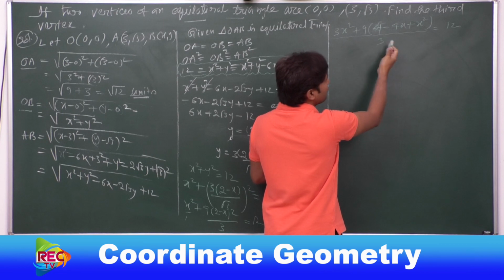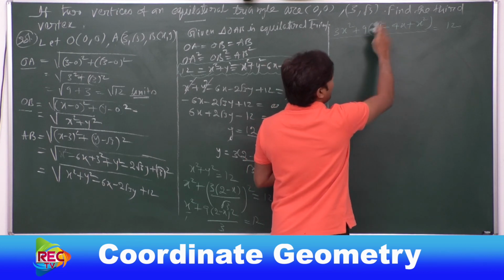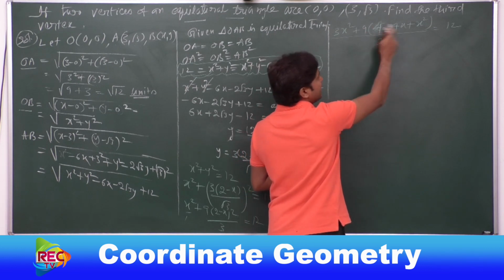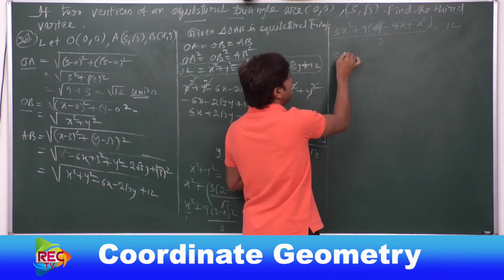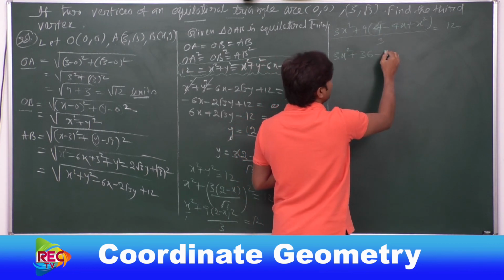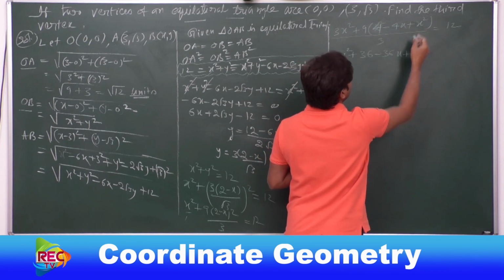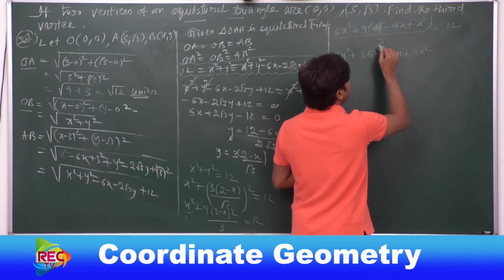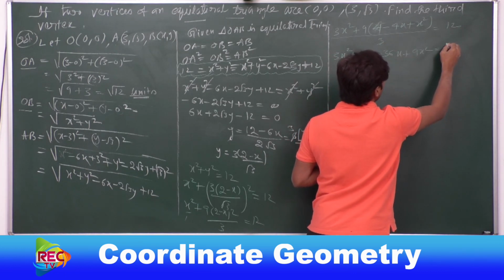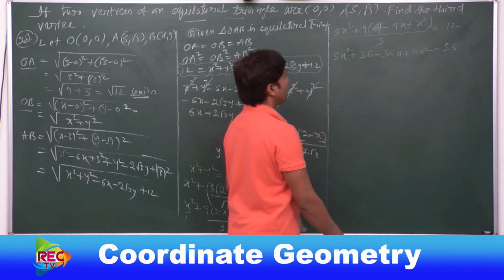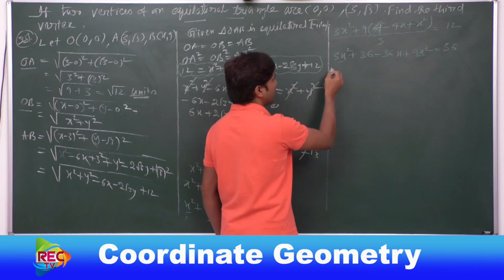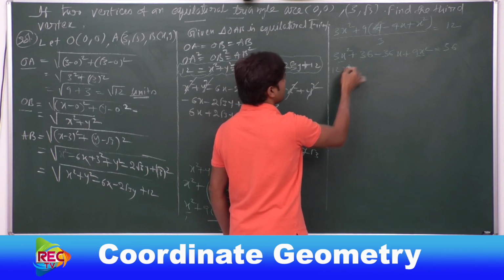Now in order to solve this further, let me simplify this individual bracket. For solving this bracket, let me multiply this 9 with each and every term. So this is 3x square plus 9 into 4, that would be 36, minus 9 4s are 36x, plus 9x square. This 3 will be sent to that side and it will multiply: 12 into 3, that is 36. Now add the like terms. This is 9x square and this is 3x square, that would be your 12x square.